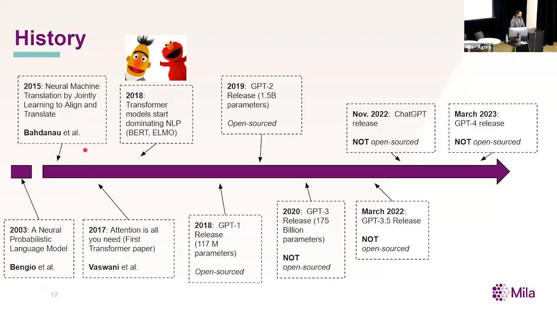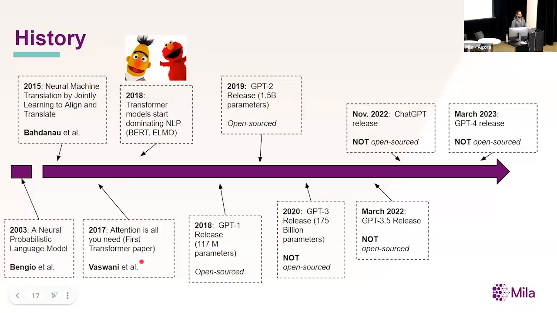Back in 2015, a former Mila colleague, along with a bunch of associates, Dimitri and associates, or Dima as he's known, published this paper called Neural Machine Translation by Jointly Learning to Align and Translate. I point it out here because I think this is one of the first papers that explored the concept of attention. Attention is a mechanism that underlies these transformer architectures. This paper didn't use it in a transformer sense. It was more like, here's an interesting method we came up with to pay attention to certain words, based on assigning probabilities using a neural network. So kind of the precursor to transformers.